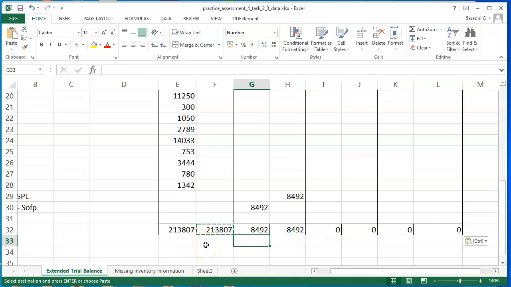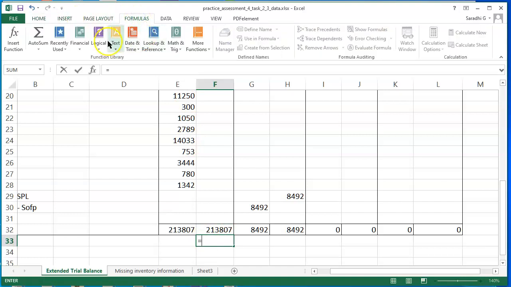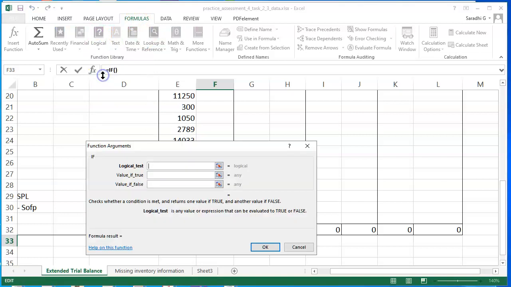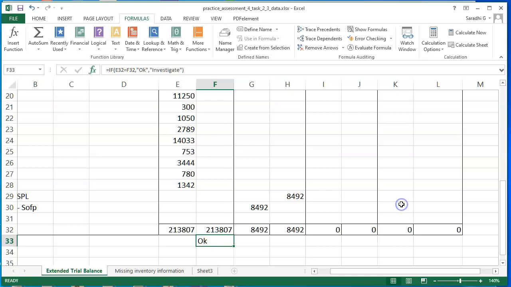And over here I'm using an if statement to say okay if the totals match and that they do not balance if they do not. So I'm going here, equal to, formulas, logical, if. So if E32 equal to F32, say okay, or else investigate or did not balance, any text whatever you want, and say okay, and then